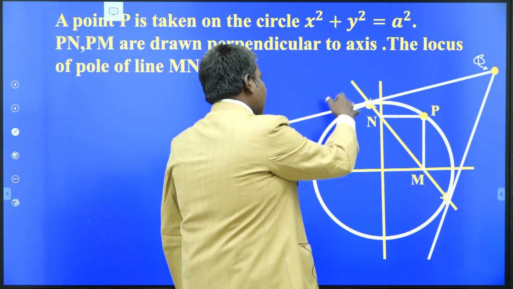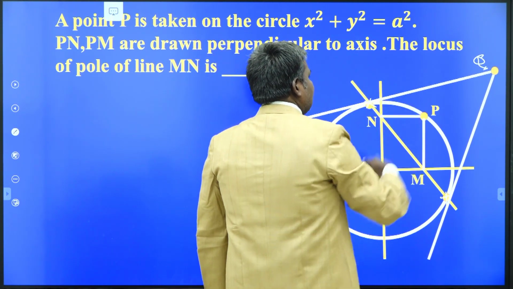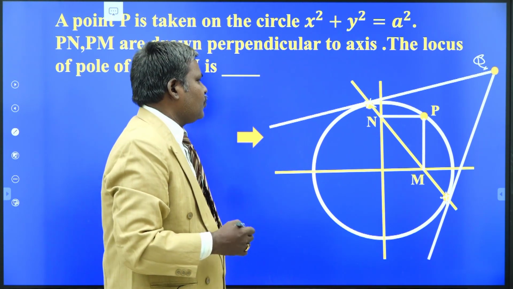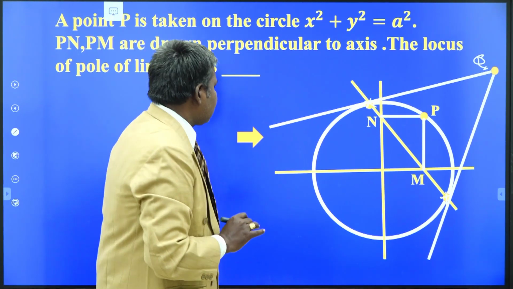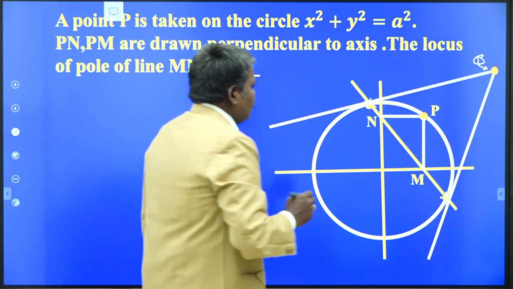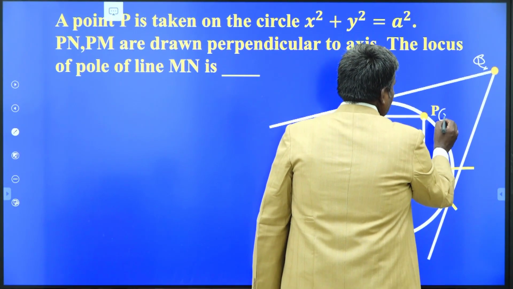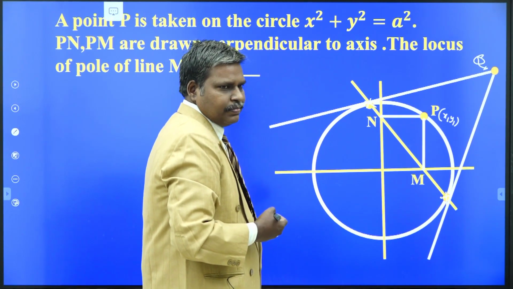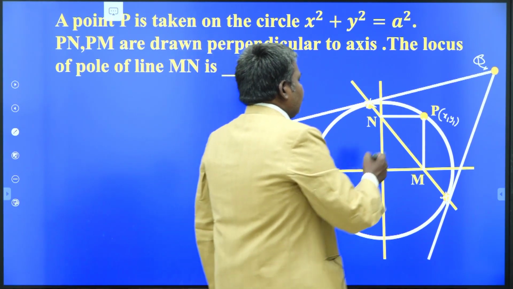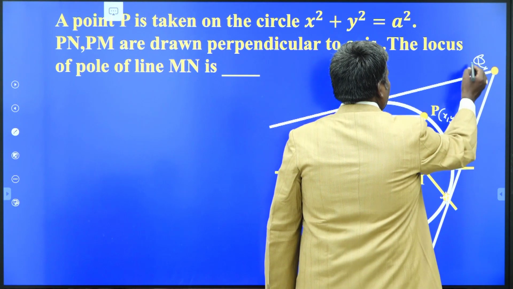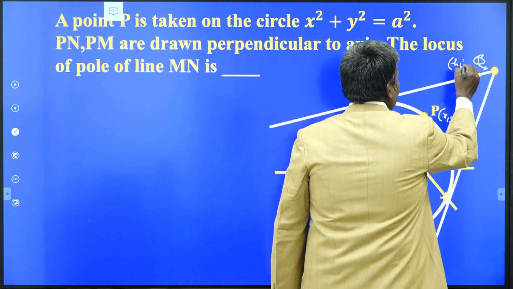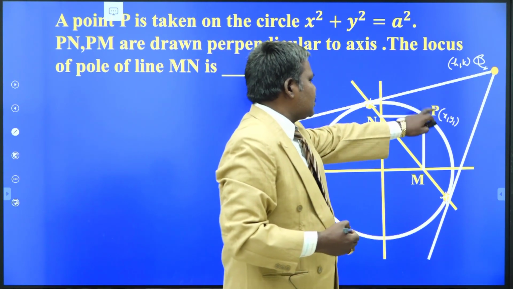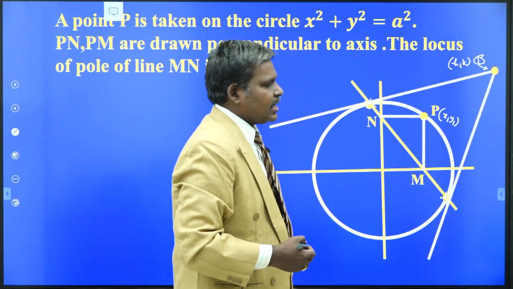At the points of intersection, again draw the tangents; they meet at some point. You have to collect all such points, and you get some locus, that is what you are going to find out here. Understand? This is the diagram. So this is the variable point P on the circle. For some position, its coordinates are, say, x1 comma y1. For this point, the corresponding pole is, say, h comma k. We are going to write the locus of h comma k when P is moving on the circumference of the circle.